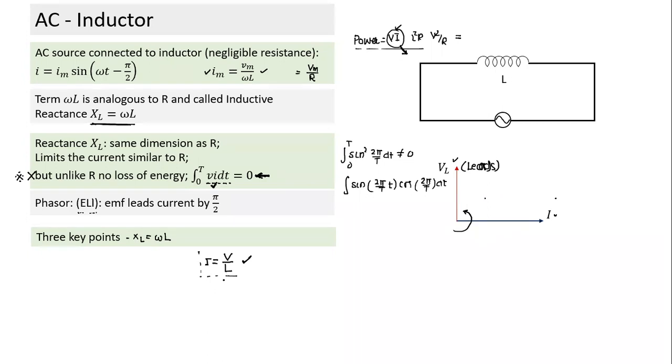We use three notations. What are the three notations we use? When you use the suffix m, it indicates amplitude. If I use a capital letter, it indicates RMS value. What is RMS value equal to? RMS value is peak value divided by √2 in case of sinusoidal function. And if we use a small letter i or v without suffix, it indicates instantaneous value. So will this also be valid or not? Akash, are you there or not?